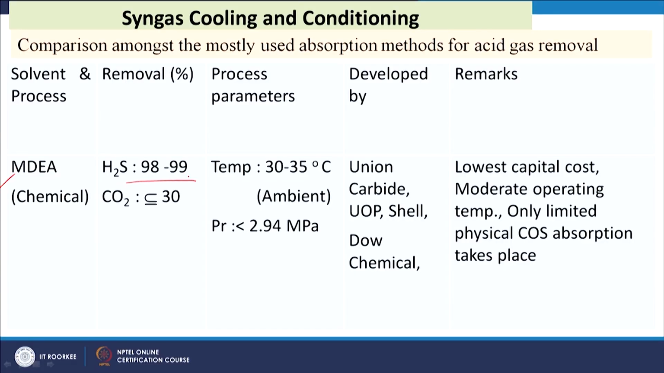So, if we see the MDA process, which is a chemical absorption method, it removes H2S 98 to 99%, whereas CO2 is 30%. So, it is more selective towards H2S removal, and the process parameters are 30 to 35 degree centigrade and pressure of 2.94 megapascal or less. These are the technology suppliers who have developed the technologies, and here we see the cost is low,